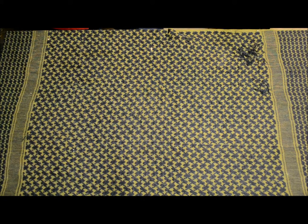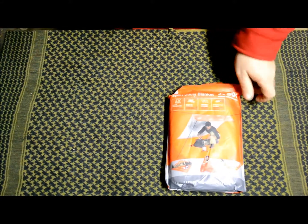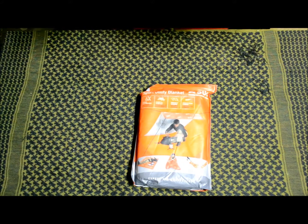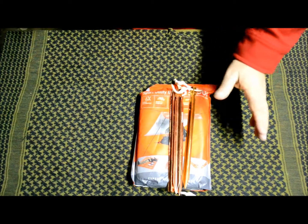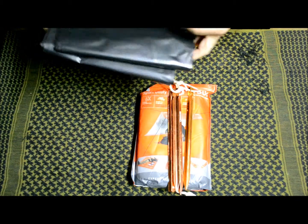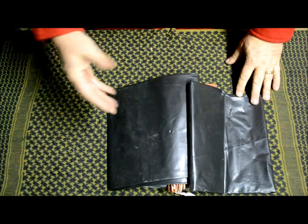My cover element in this kit is a SOL Sport Utility Blanket. This is a 5x7 space blanket, basically. I also keep some stakes in there, just to make it easier to stake that thing out. I could make stakes, but I don't need to, because those are nice light aluminum. In addition to that, I keep two 55-gallon drum liners in there,